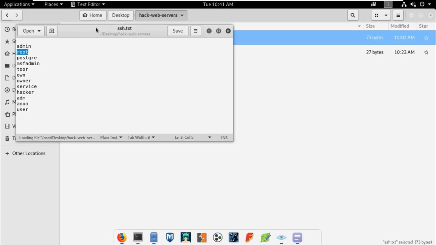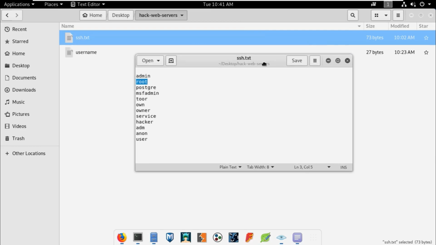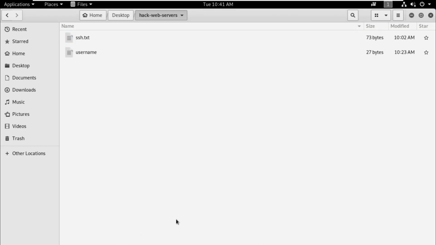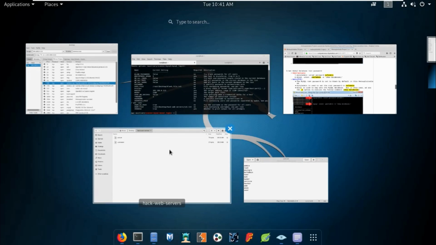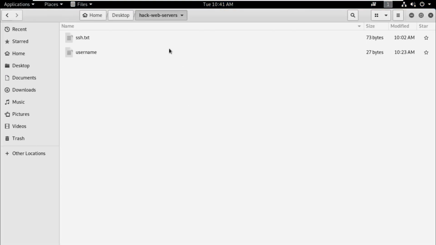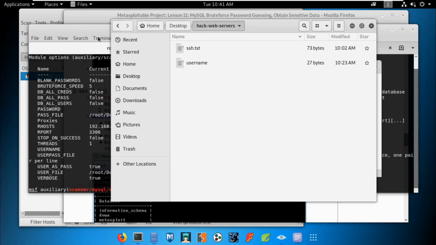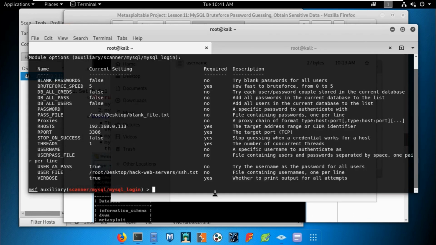As you can see, the root exists in a dictionary. And the password, it might be possible, as you know, we are using the Metasploitable 2 machine, and msfadmin is the default password or username of the Metasploitable 2 machine, so we can use that username by the basic knowledge of this. Let's try the user.